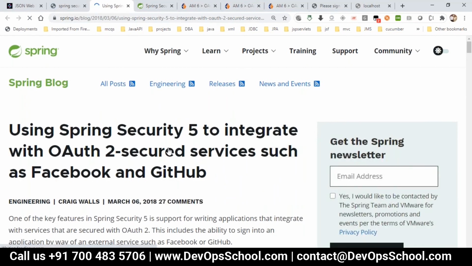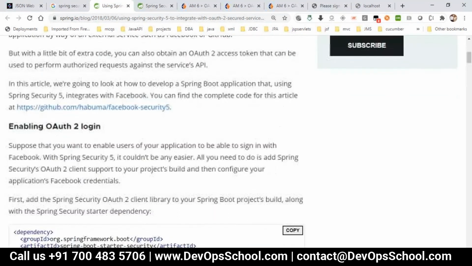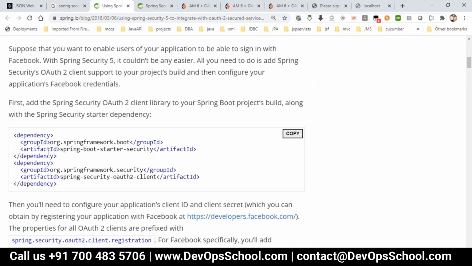With any social websites, if you go to some website like SlideShare or LinkedIn, it will ask, do you want to log in with Google, or Facebook, or GitHub, or some predefined authorization servers that are available. You can see here in the Spring documentation how we can configure Facebook and GitHub. First we have to add the Spring Boot starter for Spring Security OAuth2 client. We are making only a client, we are not writing a server, because you can already go to developers.facebook.com.